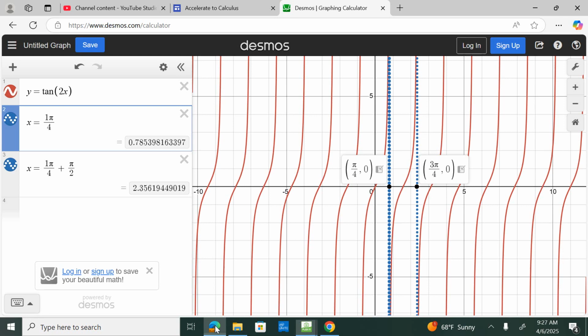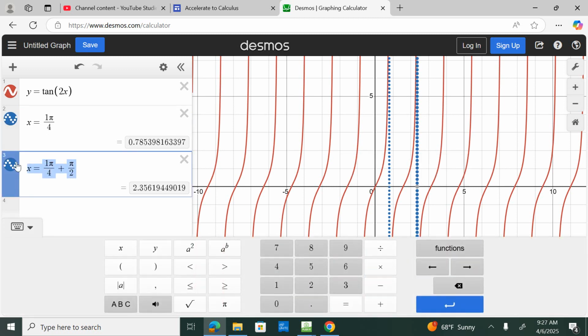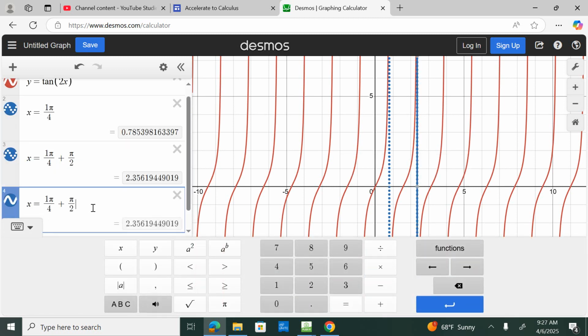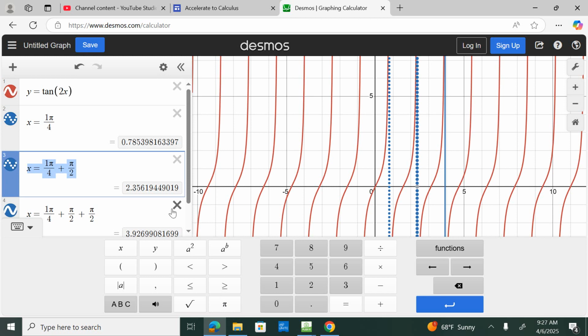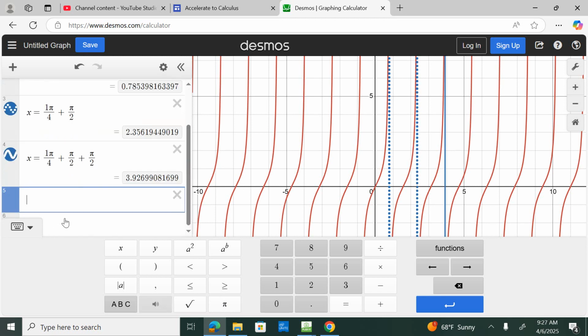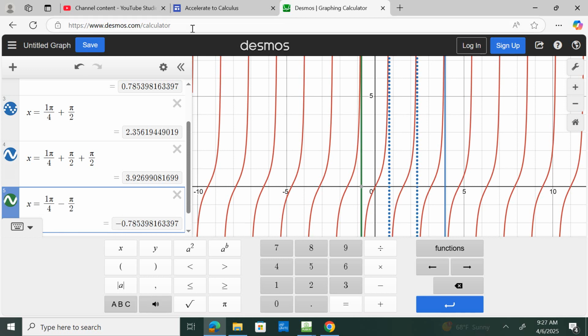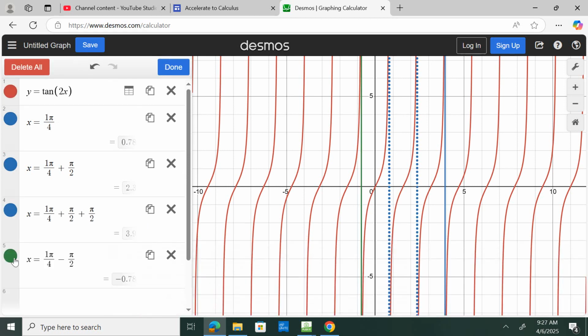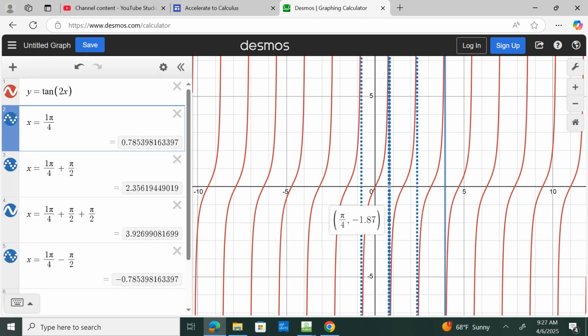So if I come back here, I'm starting my first asymptote at pi over 4, and then I'm adding to it pi over 2. So I can come over here and I can continue to add plus pi divided by 2, or I could take and subtract the pi divided by 2 to go to the left of the origin. So I should be able to also subtract, and you can see, I like to make things pretty. Let's come back here. I like to make these things pretty so they're all the same color. But we can see if I zoom in here,